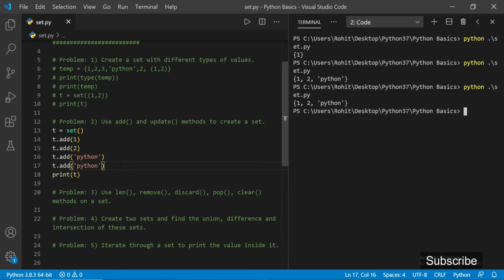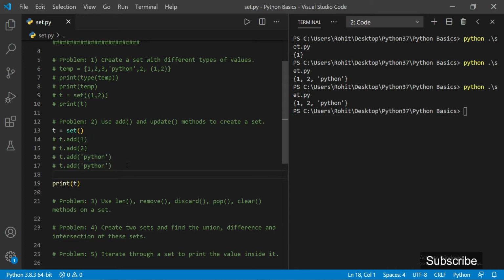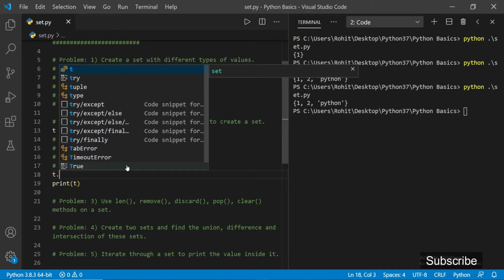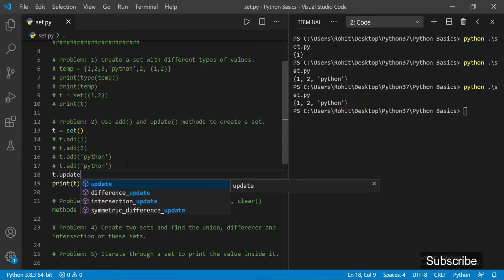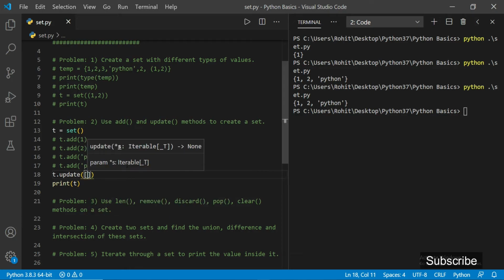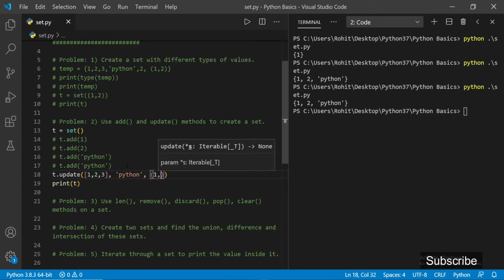Okay. Now suppose I want to add multiple elements at once. So how can we do that? We can write t.update, and here we can provide values. Suppose I want to provide a list and a string, and I also want to give a tuple.